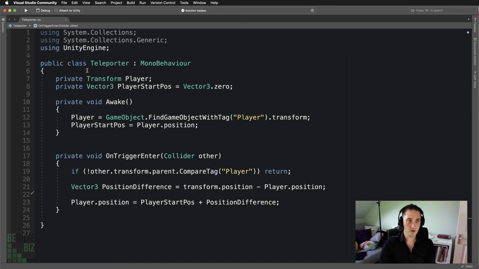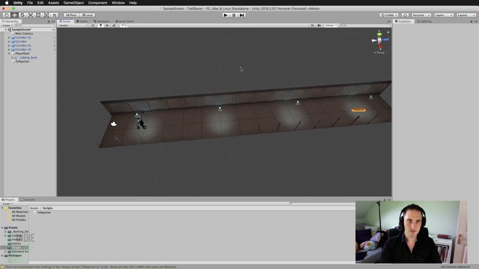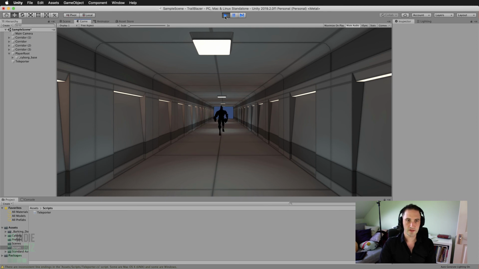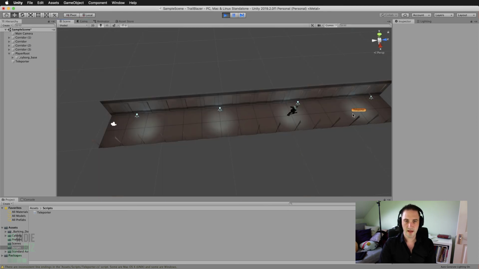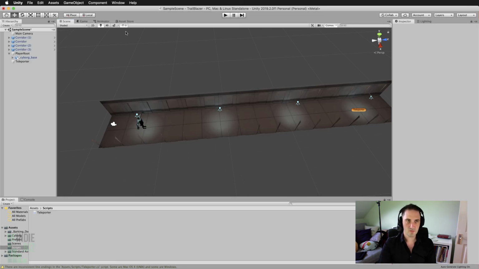I'm going to save the code and go back to Unity here, let that code compile, and then press play on the toolbar to test out our code. This time the player is going to hit that teleporter, go back. Now, to give this at least an initial test, and it may not be exactly right at the moment, we need to tweak it perhaps a bit further, but to give this an initial test to see if we're on the right lines,